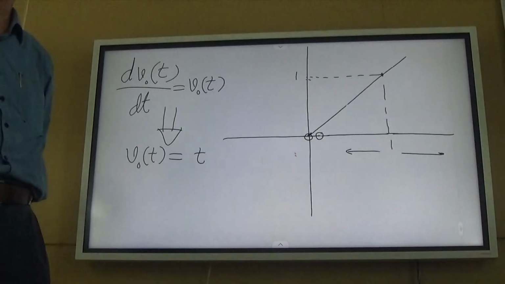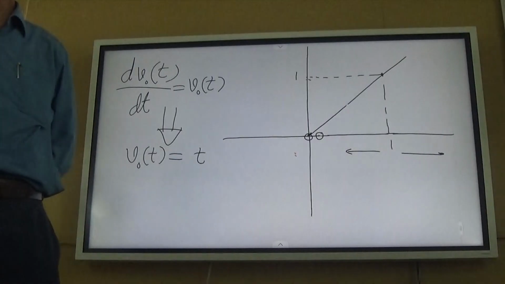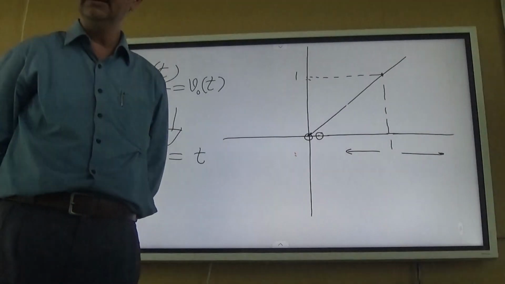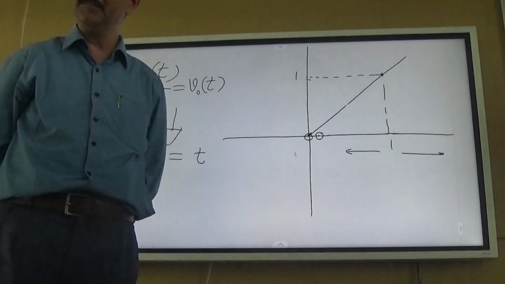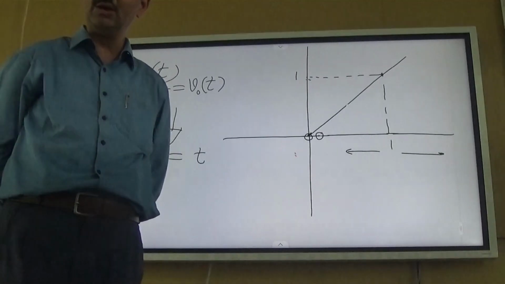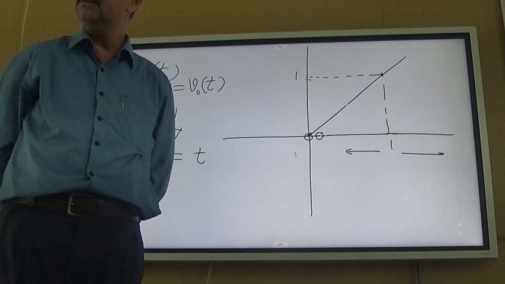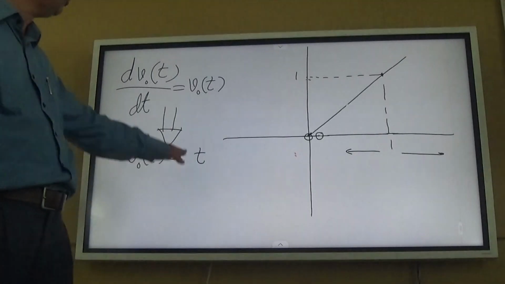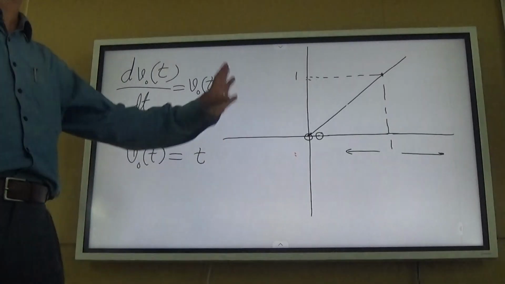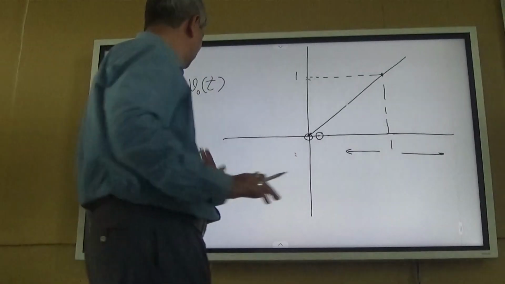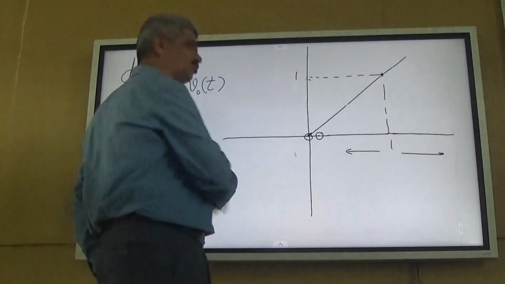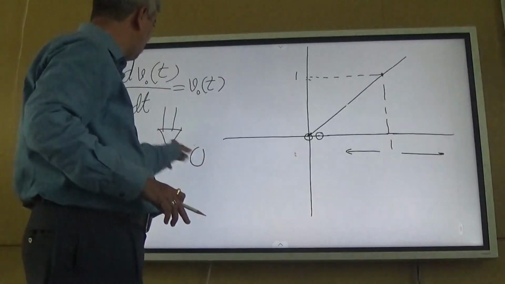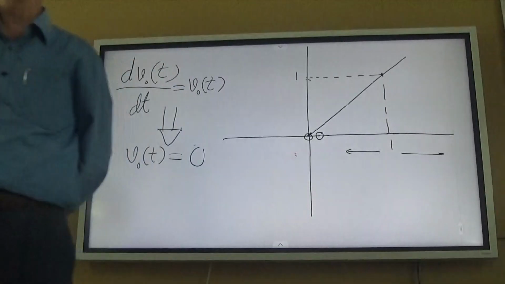I don't know, is it right? dVOT by dt equal to VOT. So what mistake did we make? We said that I should be optimistic. I am a pessimist. Whether VOT equal to 0 is the solution, whether VOT equal to 0 satisfies this, then